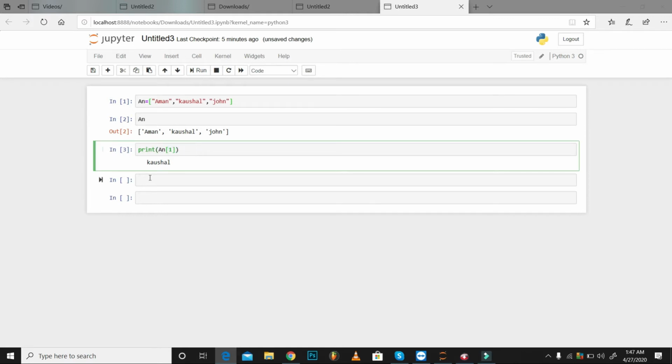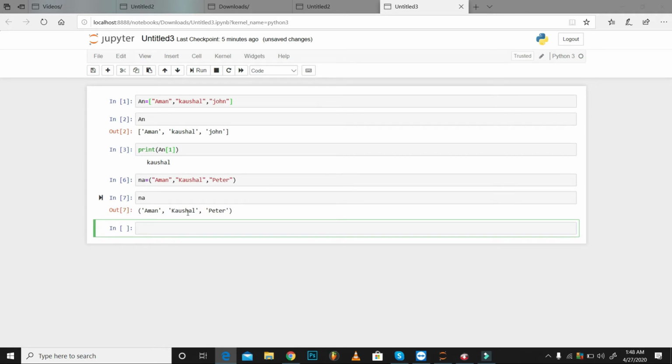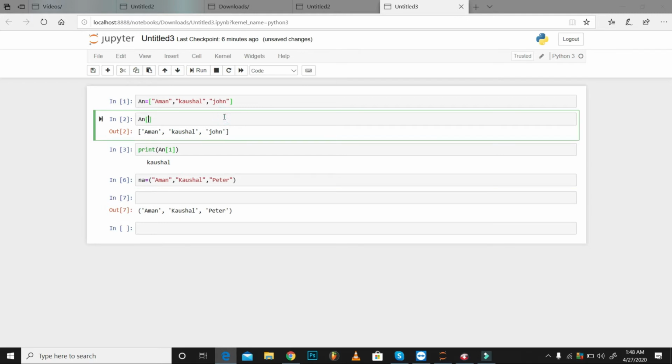So it's a list. So what is a tuple? In a tuple you can write anything: Aman, Kaushal, and the last one is Peter, just suppose. Here you see it is in parentheses, and it is not editable. If I want to add something, like 0, 1, 2, 3, 3 is equal to